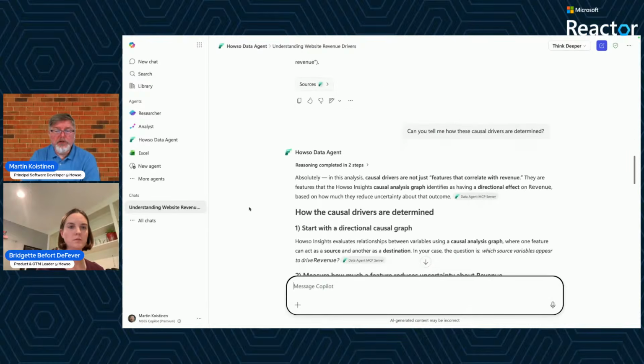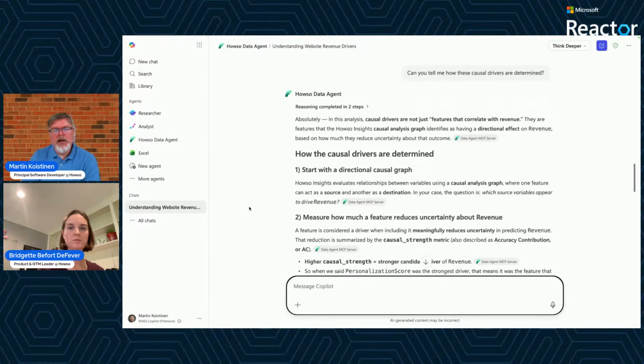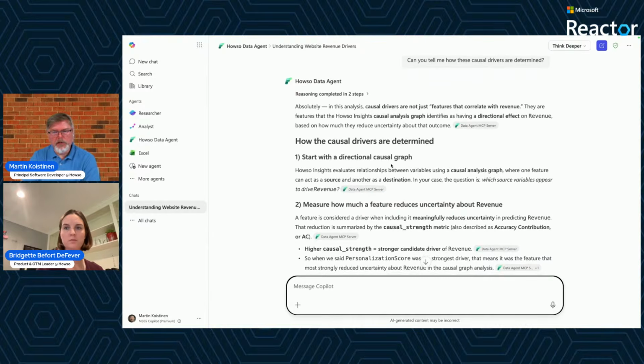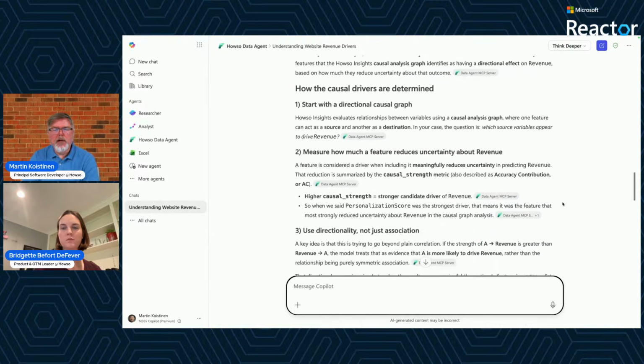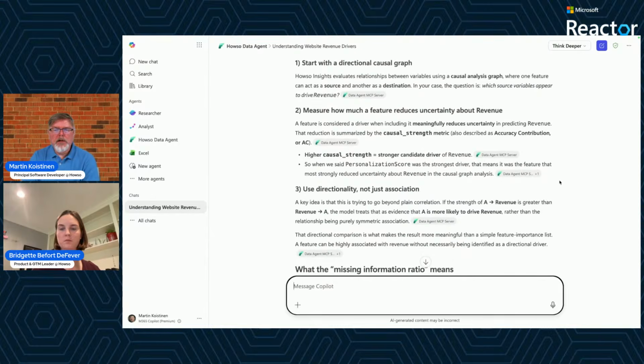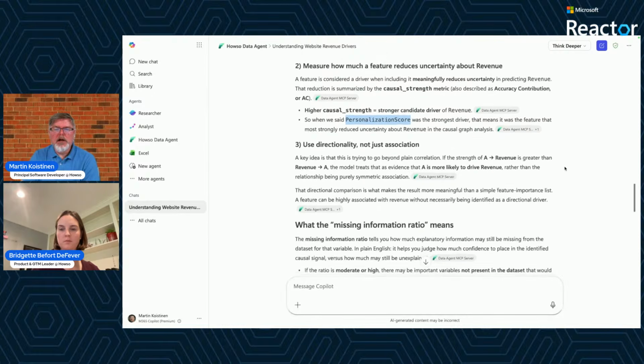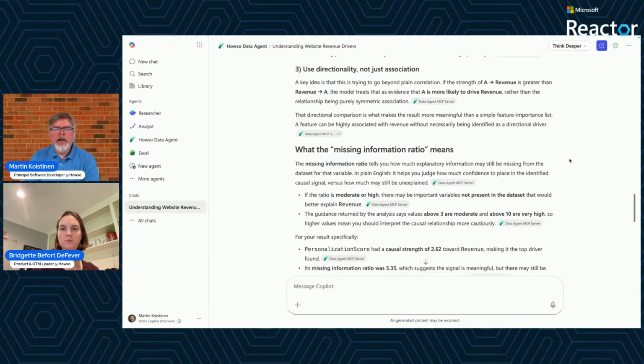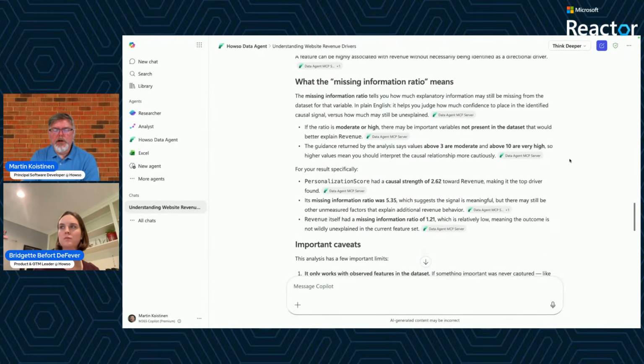And then we asked another question, which is, can you tell me how these causal drivers are determined? And we got this set here where it shows us a directed causal graph. You've already seen it. How much each feature reduces uncertainty about revenue. Again, it mentioned personalization score at the top of the list, and that it's not just a random association, that it is more of a driver, and so forth. So we do feel like this definitely raises the accessibility of the results from Howso,